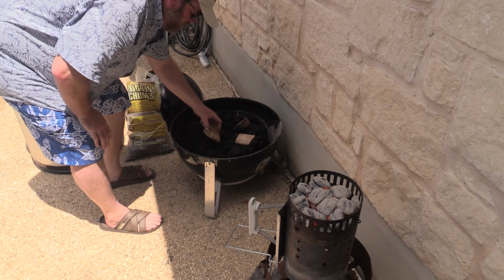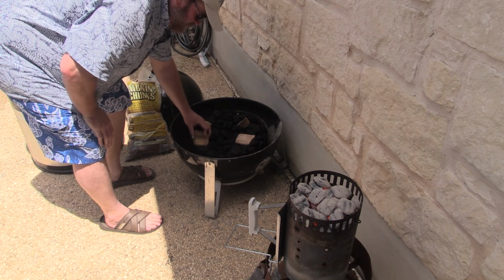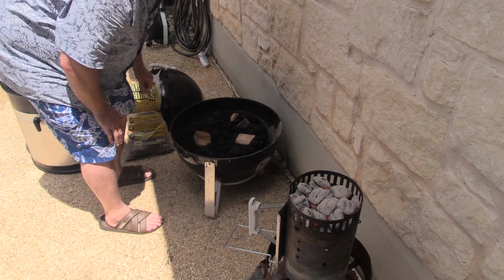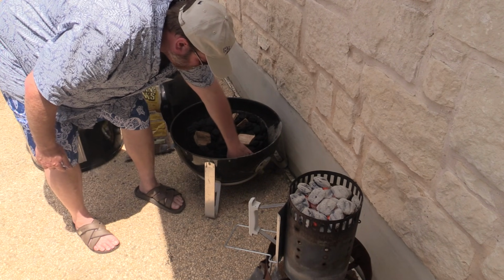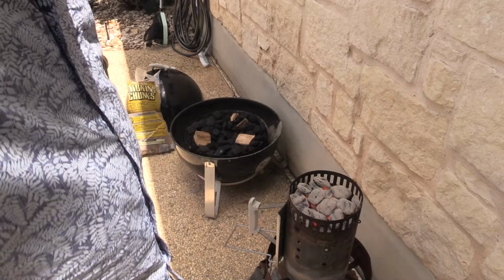there's one here. I kind of like to put my wood around where the vent holes are. They're about, just like that. Got a few stragglers of charcoal down here. Those up there. Alright folks, now some of you may be asking, why didn't I put the wood down into